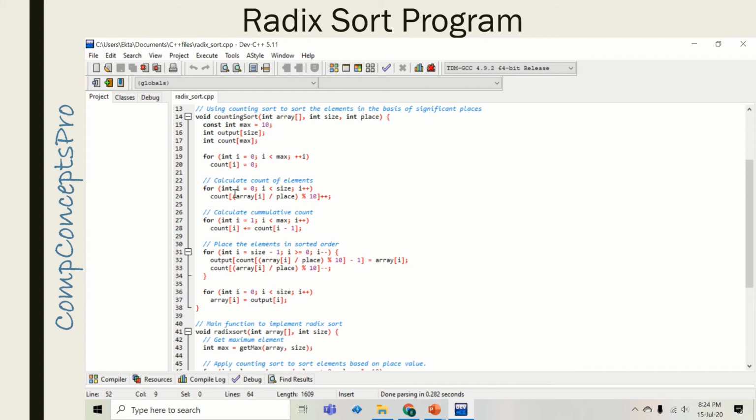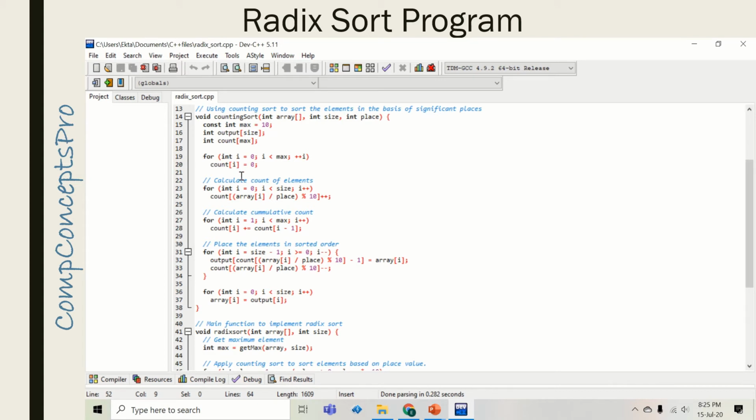This count array can be hard coded with size 10, since whenever we are working on integer arrays, we know that numbers will have digits from 0 to 9 only. Now this first for loop is to initialize all the elements of the count array to 0.